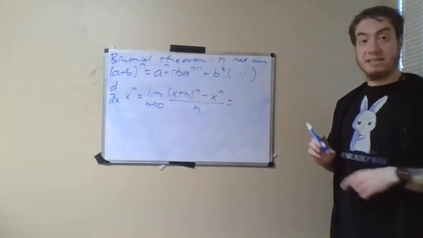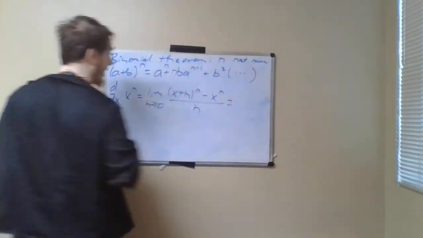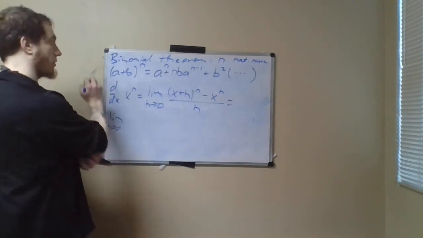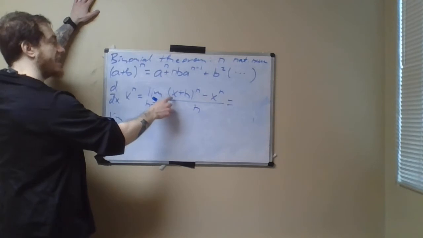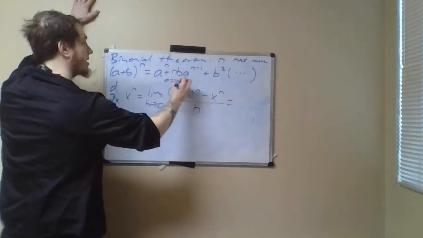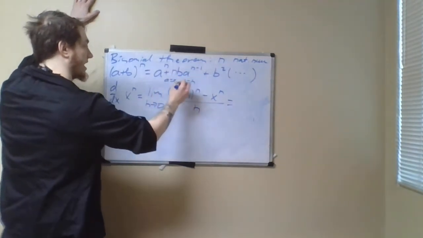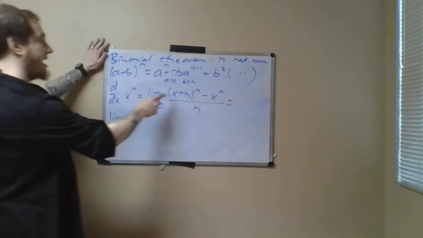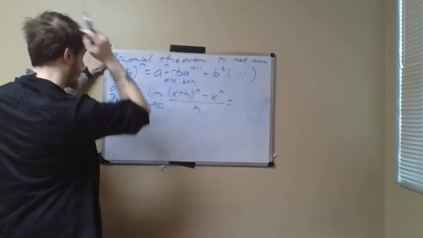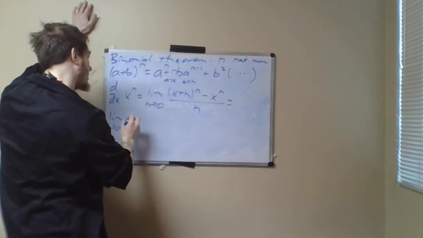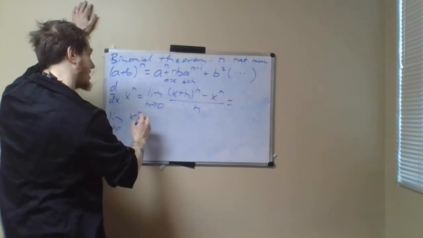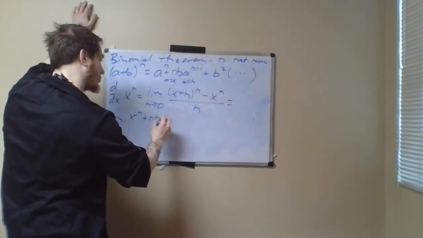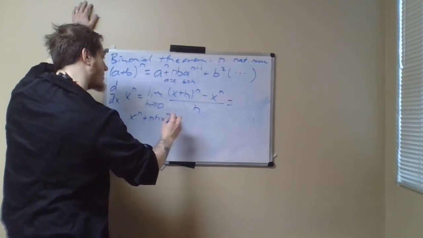Let's go through this and see exactly how we do calculate this limit. Now, what I want to do here is to use this binomial theorem. And in this case, I have a equals x and b equals h. Sorry, that's really small, but I don't have a lot of space to write that part. A is like x, b is my h here. So this is going to become the limit of x^n plus n times h times x^(n minus 1)